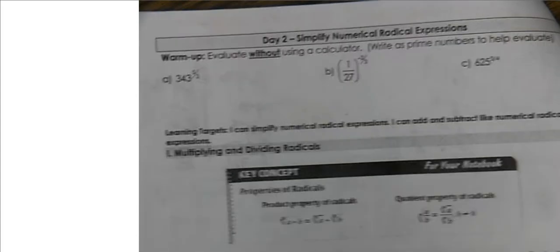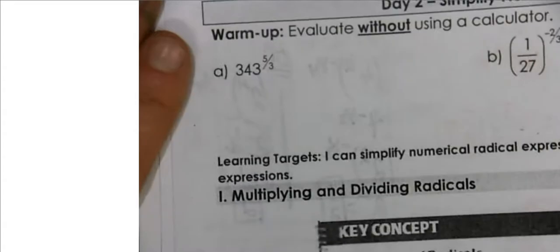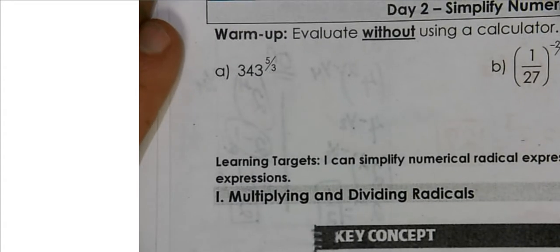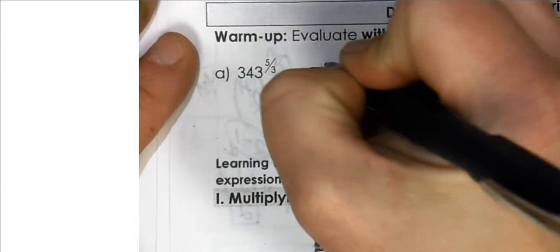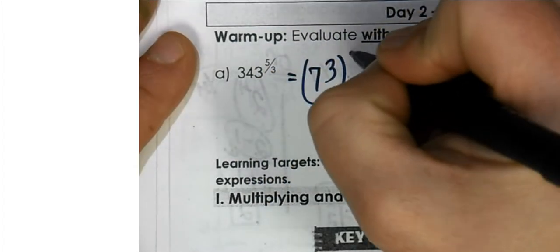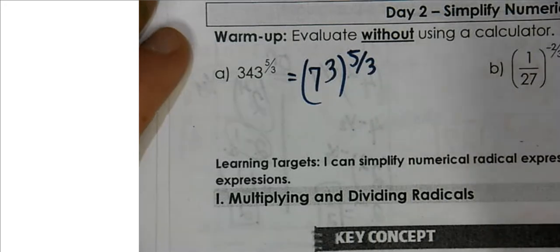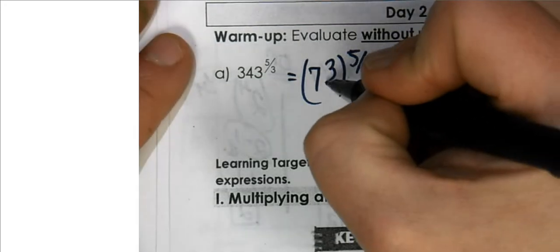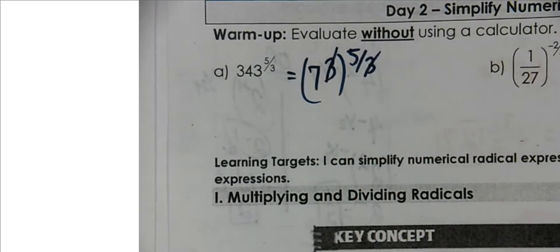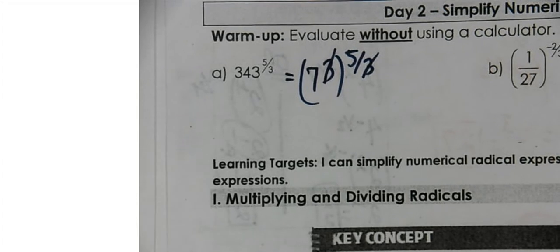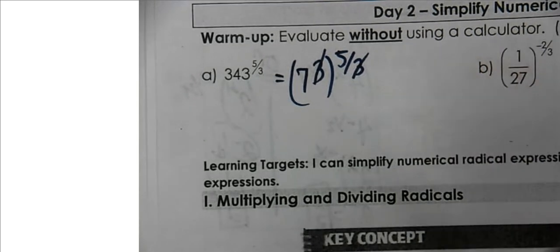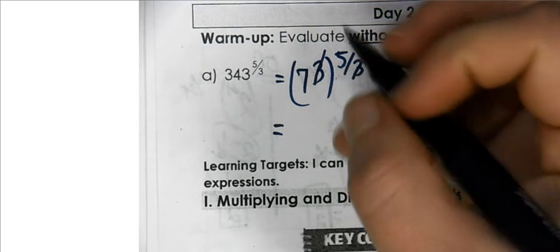All right, so let's go ahead and look at the very first one. Letter A, we have 343. And what I know about 343 is that that is equal to 7 to the third power. And we're raising this to the 5/3 power. So I'm going to eliminate the 3's because the multiplication of 3 is equal to the division of 3. And now I'm left with 7 to the 5th power. And if you did need a calculator, that is okay. 7 to the 5th power is